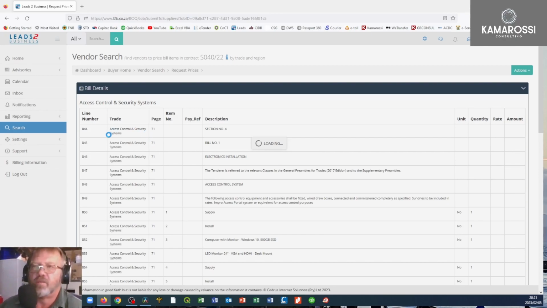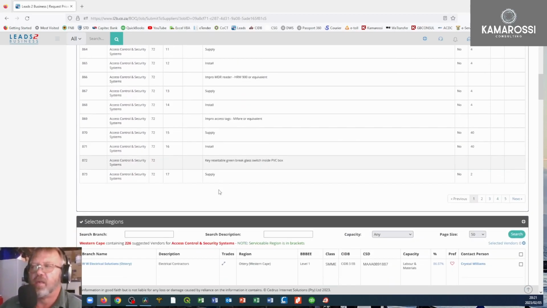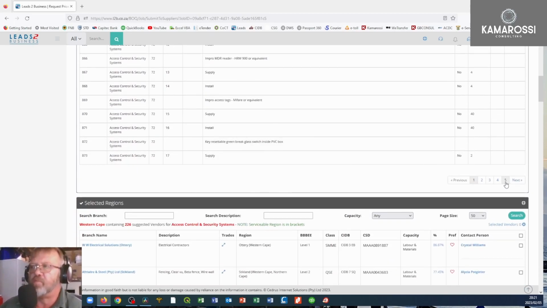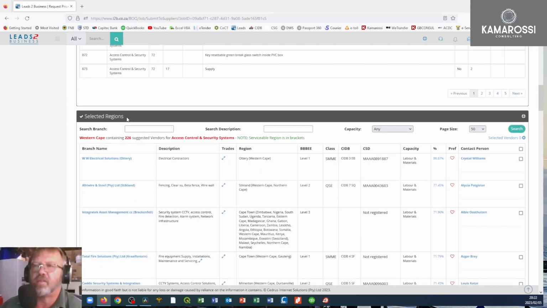Your access control part of your bill will come up, and it will also give you a selection of contractors in that area. You can see there's 5 pages of access control and security, and the selected regions will come up and it will say